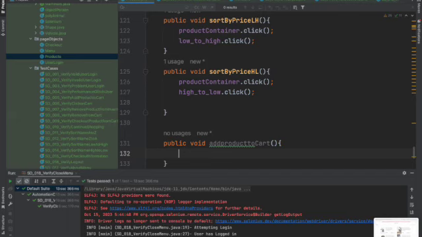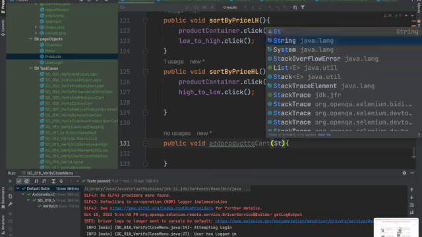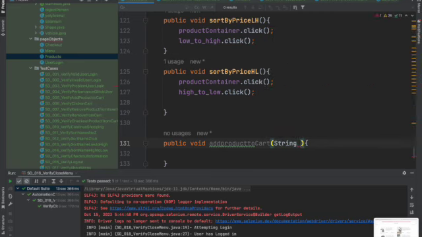We take in the product name. Yeah, we'll just put in the product name. Sorry, string product name. So if we take in string product name, all right, and then